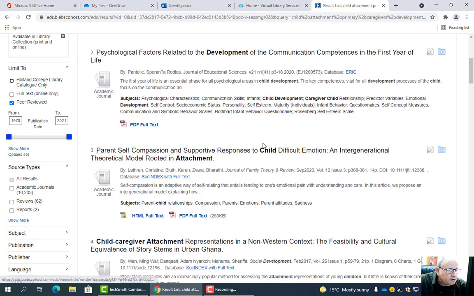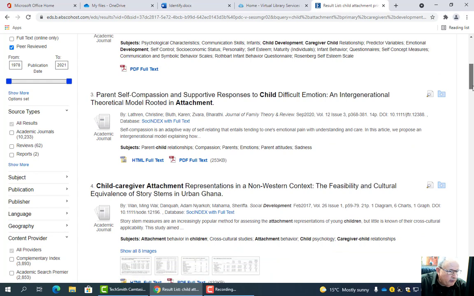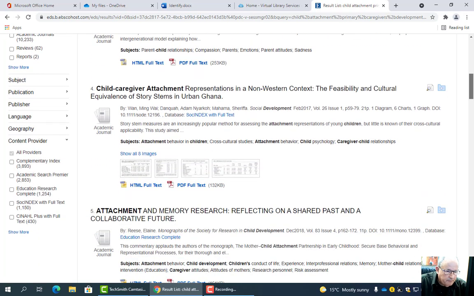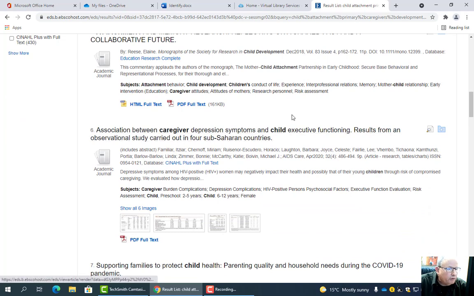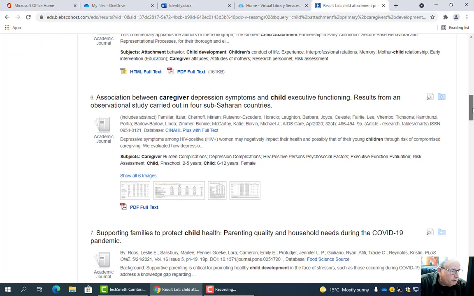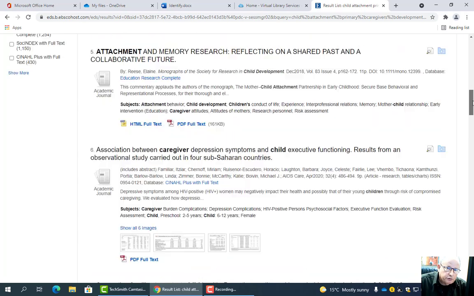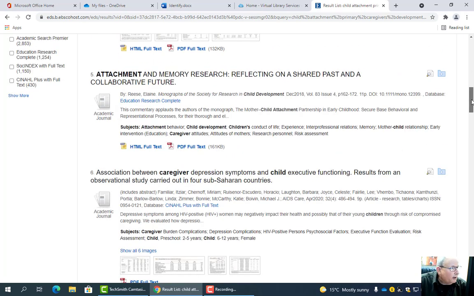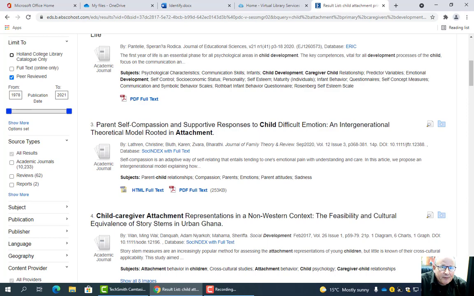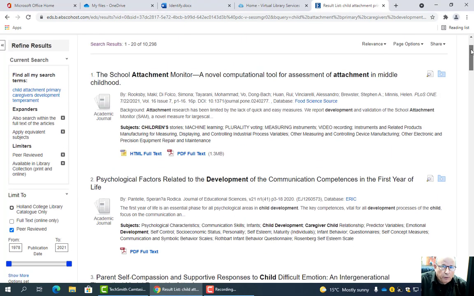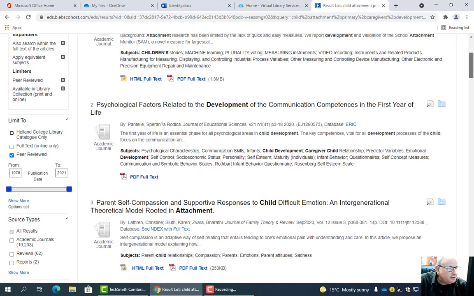Parents, self-compassion, supportive responses, child difficult emotion. That doesn't look too bad here. Look at this, association between caregiver depression symptoms and child. So you might actually find, without even extending your search here, some interesting articles. Remember, these are peer-reviewed articles. So let's have a look at this second one here,